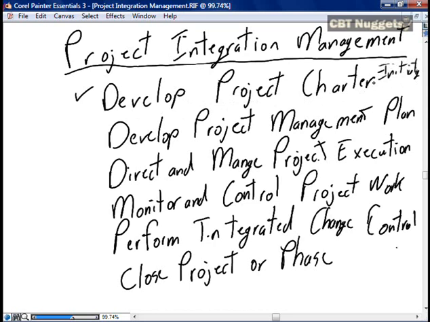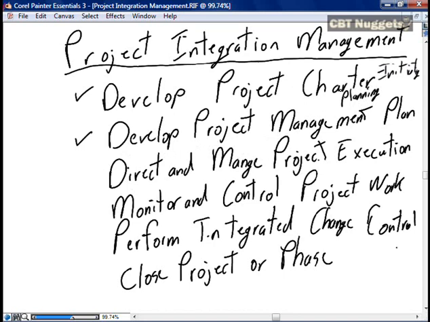So that's those process groups leading up to the initiating process group. The next part of project integration management is to develop the project management plan. Well, that's planning. Or another way to word it, development of the project management plan is all of the processes that are part of the planning process group.